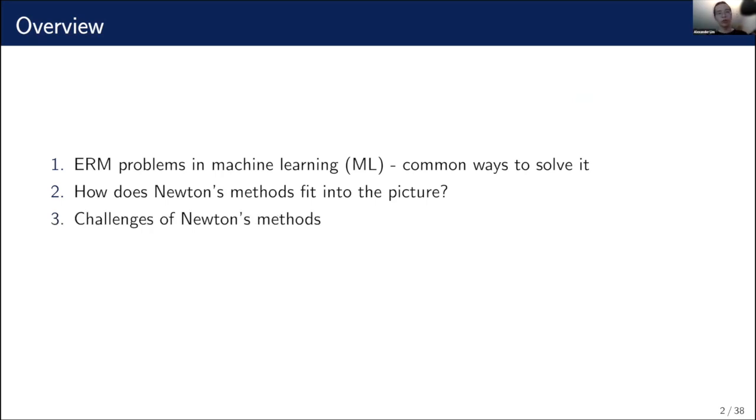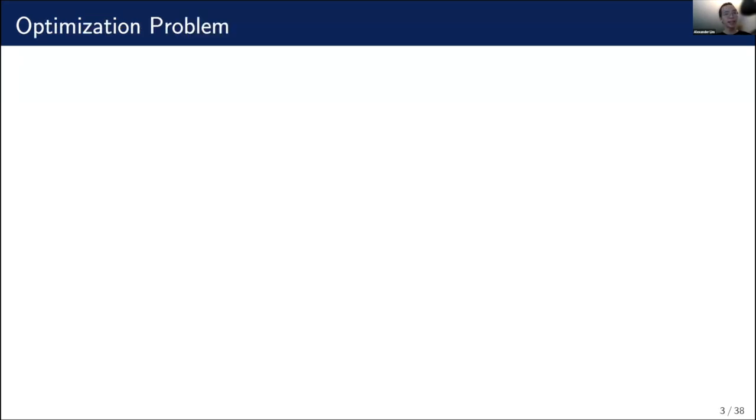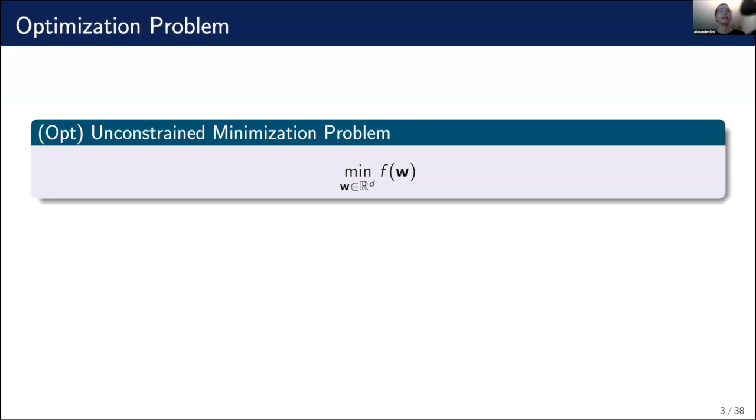And I'll describe a couple of challenges of Newton's methods, and I will introduce my own work, how to resolve two of these challenges. Amongst the many challenges, I'll just pick two to resolve, and resolve it faithfully. Basically, we are dealing with one optimization problem, that is the unconstrained minimization problem,